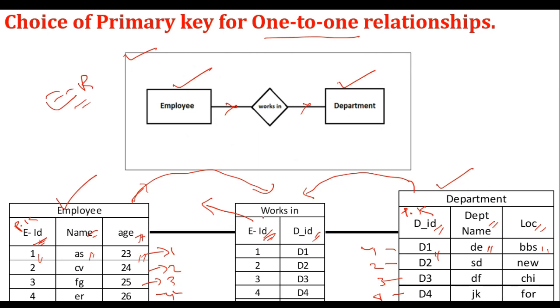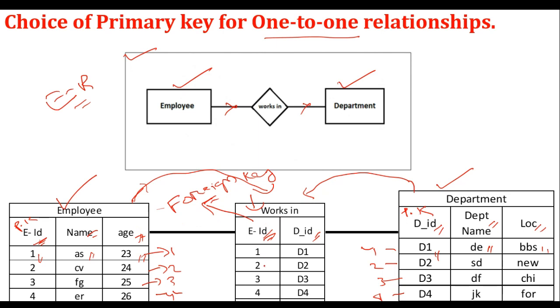The primary keys in this relationship are said to be foreign keys. So what is a foreign key? A foreign key is a set of attributes that works as a primary key in a different entity set, and by combining these we create a relationship between different entities. So this foreign key is nothing but the primary keys of the entity sets, and by combining them we are creating a relationship among the entity sets. It identifies the relationship between employee and department.